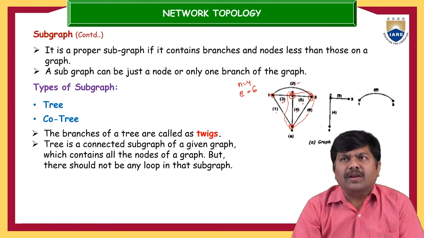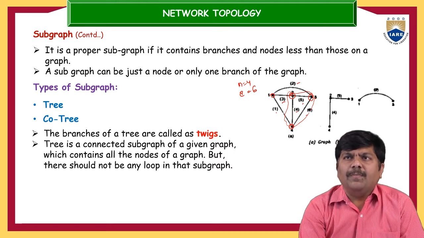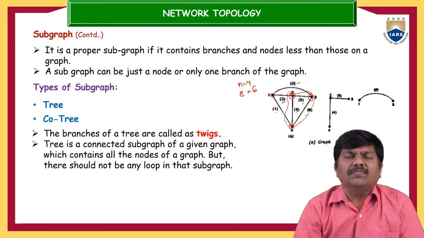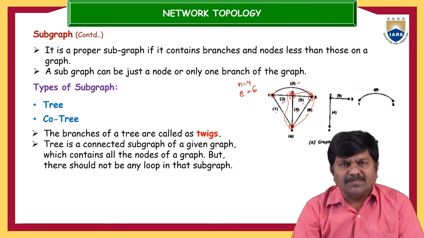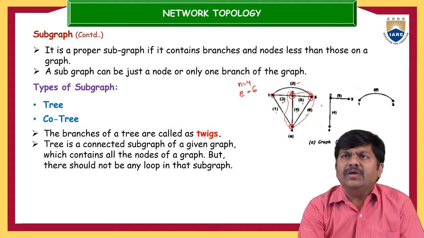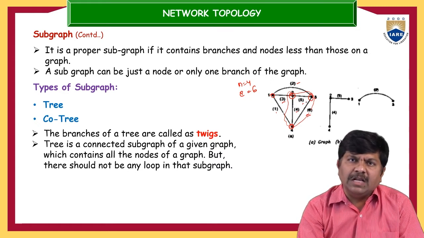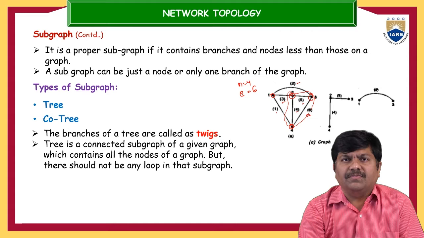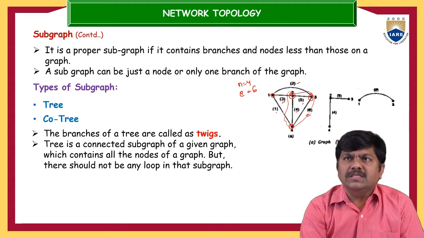And the next one is the proper graph. What is that proper graph? Proper graph is nothing but any portion of the subgraph that is a subset of the actual graph. Now it can be represented like this. If you want to represent it, you can add a node number, element number 6, or sometimes if you don't want to add it, no problem, because element number 6 is also one subset of the graph. Similarly, this particular portion which was marked here is also one subset of the graph.